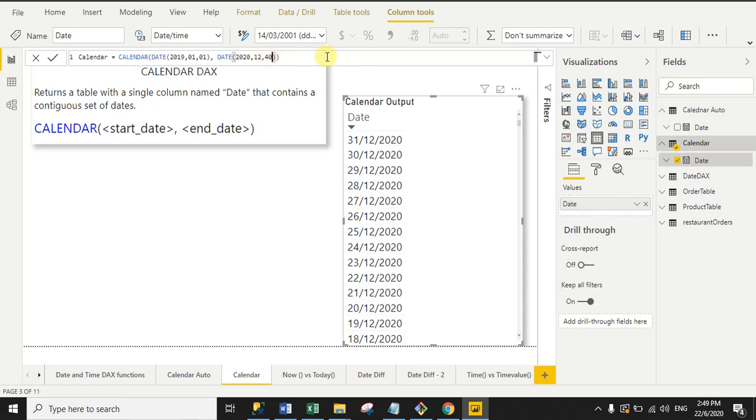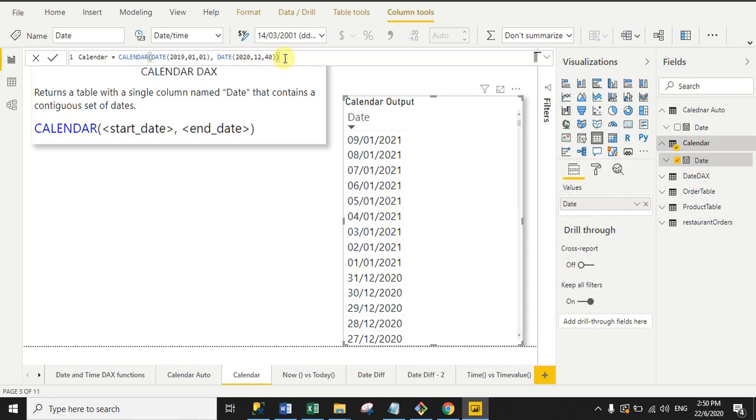It will give me an error or not? In that case, it will not give me an error. It will add extra days in the December month and move to the next month of the year. See, here I added some extra days in December month. So in place of 31, I mentioned 40, right? And then I click to commit. See what will happen. See, now it is generating dates till 9th of January 2021, right? Because here I added some extra days in the December month, right?